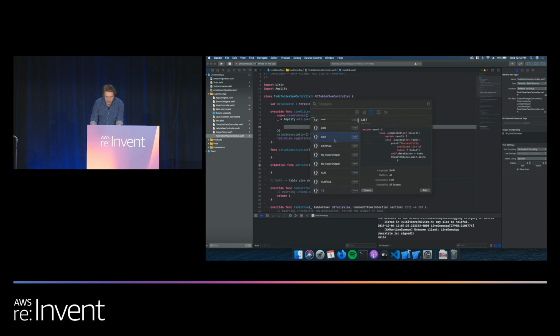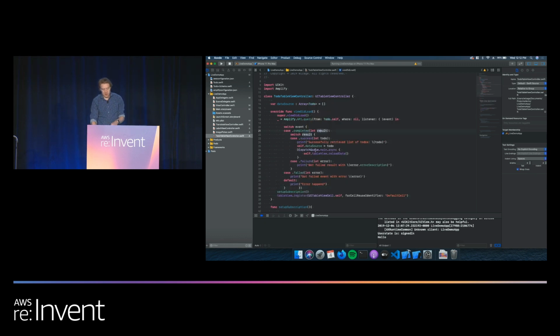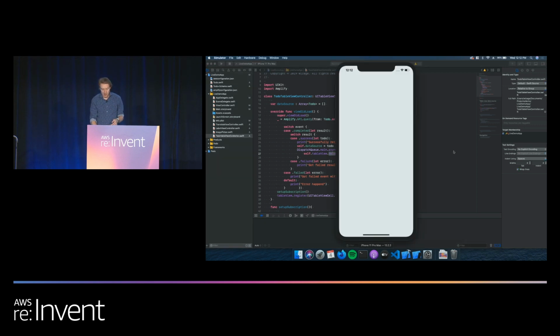So we want to do list right here. And then, if you can see, we then reload the table. And so if we were to run it right now, I have a few things inserted in my table. You will see that we actually are getting back a full list of all the different events that I have